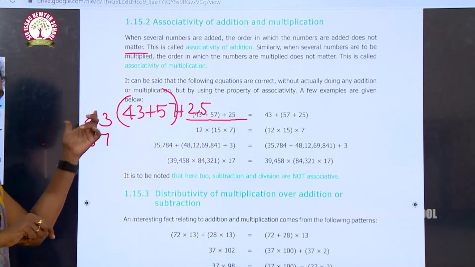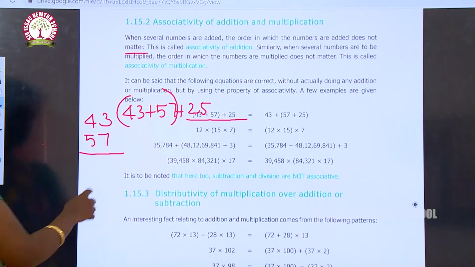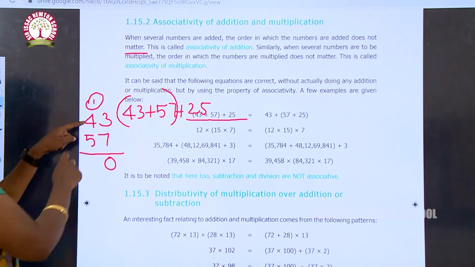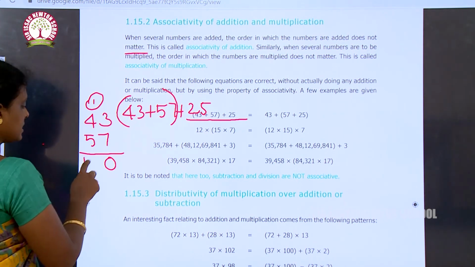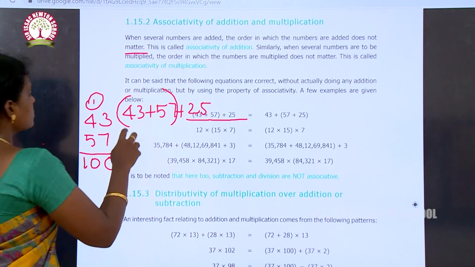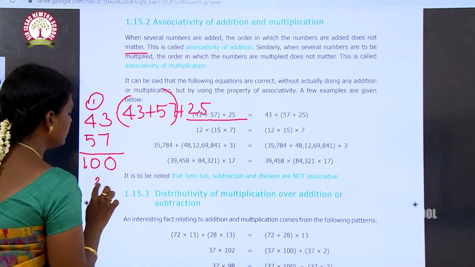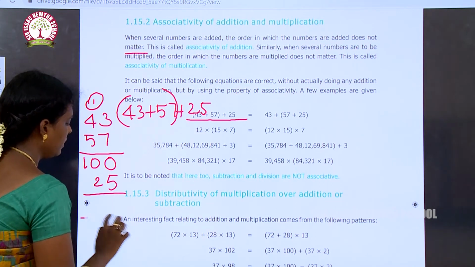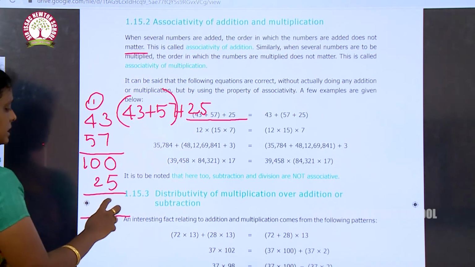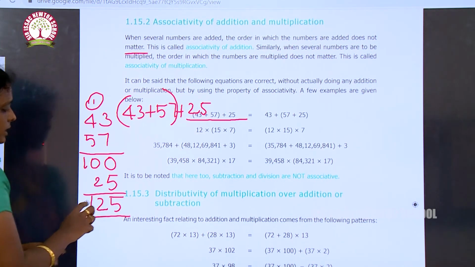Okay. I am going to add these 2 numbers, so that 3 plus 7 is 10. So, 0, remainder 1, 1 plus 4 is 5, 5 plus 5 is 10. So, it is 100. Okay. And then I am going to add this 25 with this 100. With this answer, I am going to add the next number. So, 0 plus 5 is 5, 0 plus 2 is 2 and then 1. So, the answer is